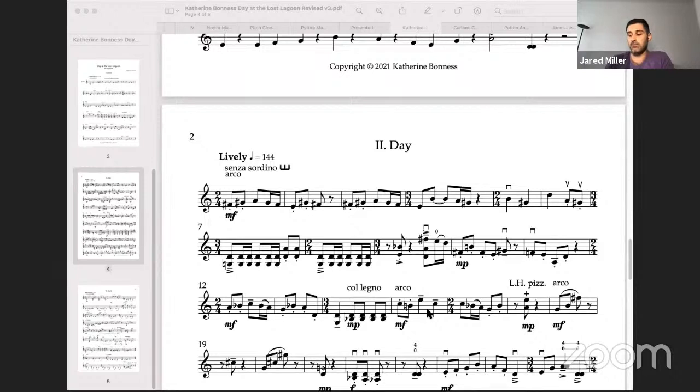And then Carl Vine, the Australian composer, in his first piano sonata uses some very effective metric modulations and creates this gradual acceleration of the piano part, which is really quite spectacular the way that he does it.